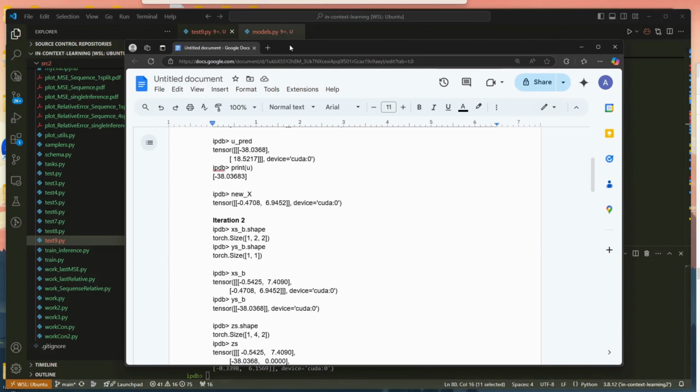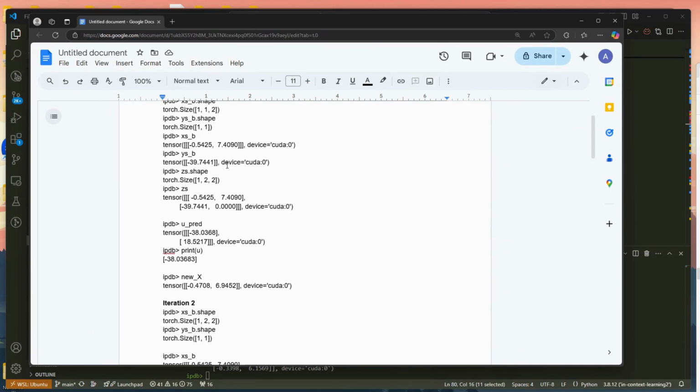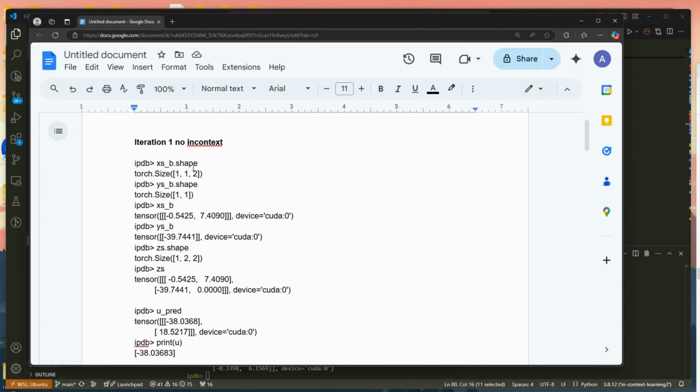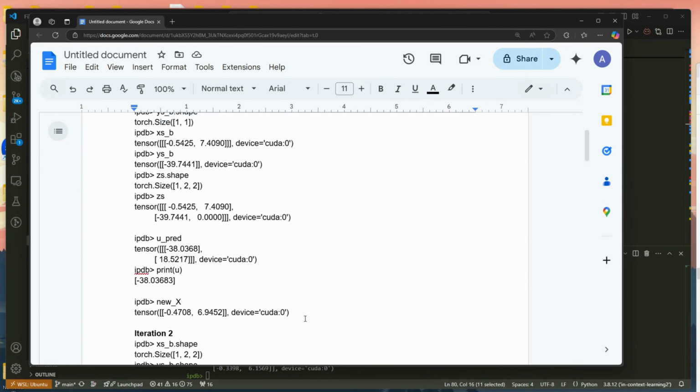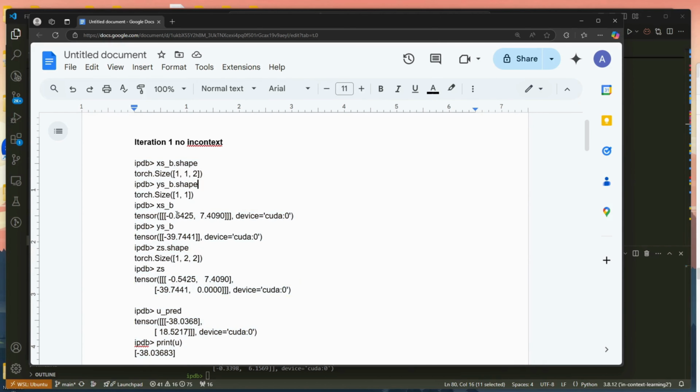Okay. Now hopefully you guys can see. Okay, so let's see what's happening here. So in this first iteration, with no in context, I have